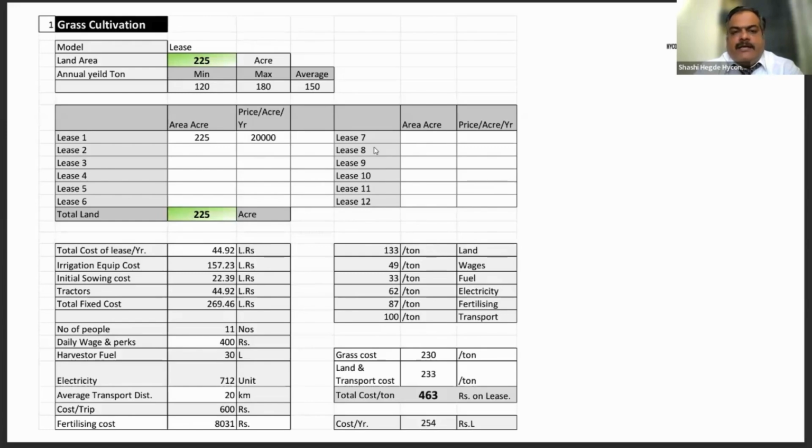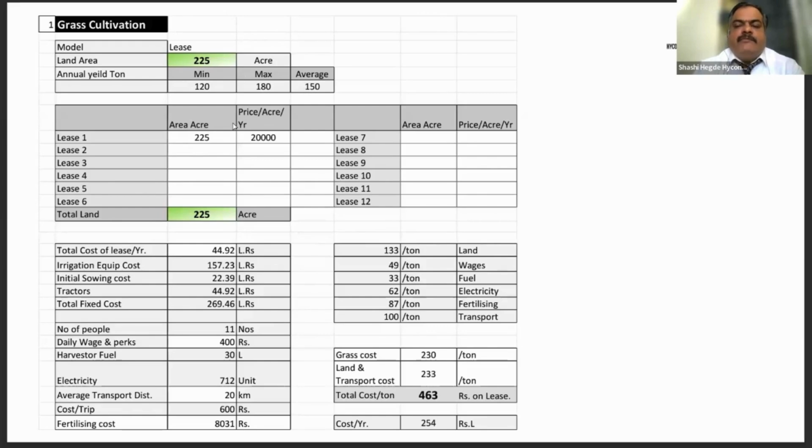So I have taken the cultivation cost of the grass to build our numbers. I have taken 225 acres of land, which is suitable for about 6 tons of grass output. I have taken a minimum of 120 and maximum of 180, so the average is 150. Then there is 20,000 rupees, which is the lease cost. Even though it is own land, we have to calculate the lease, or if it is somebody else's land, 20,000